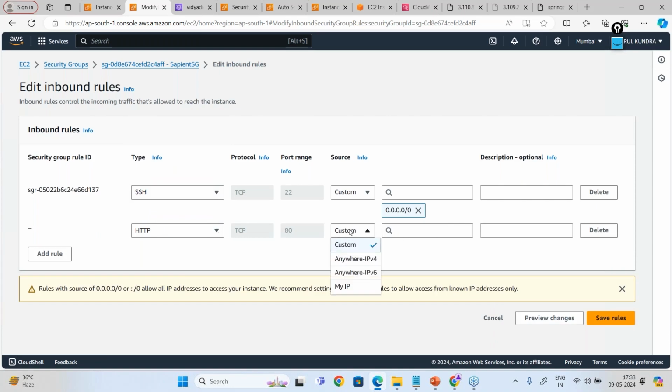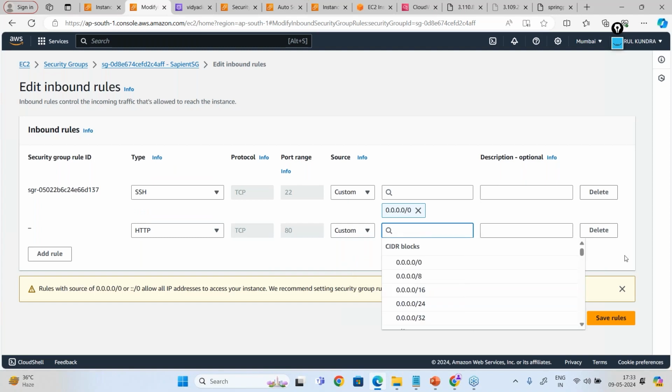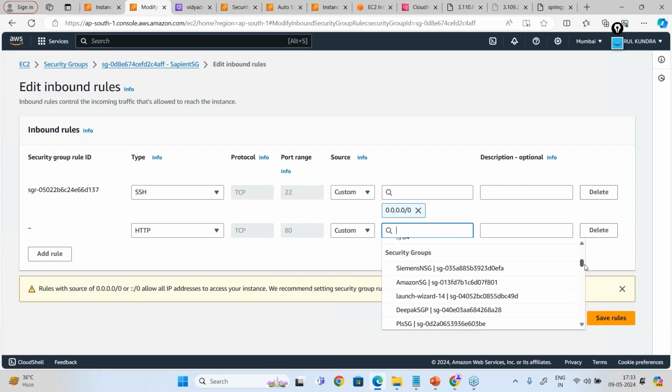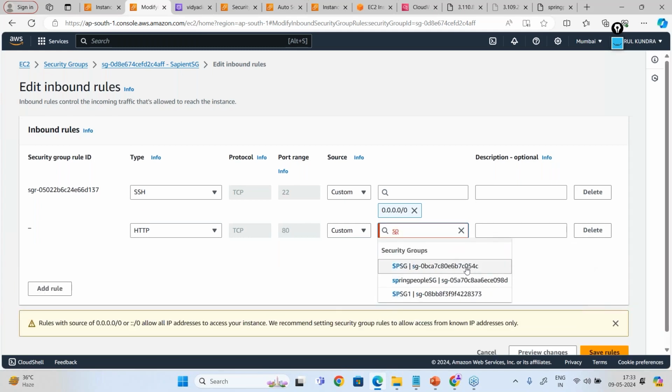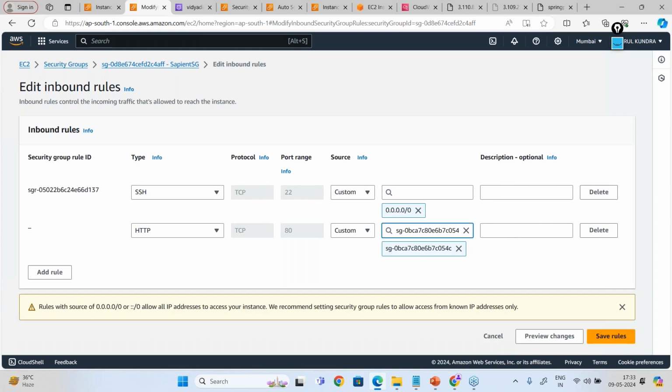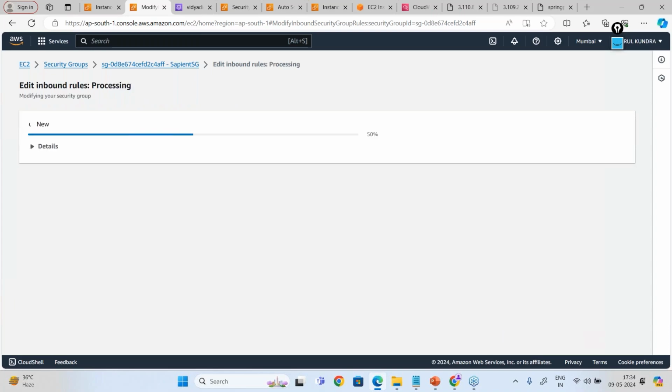You can access my server only from the security group of my load balancer. So now I'm selecting this, and let me save the rules. This demo server will now be accessed via the security group of the load balancer.